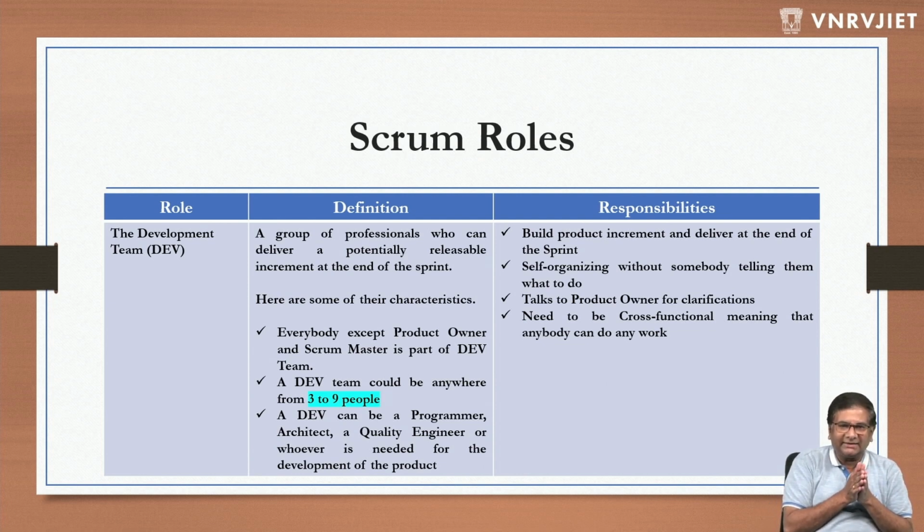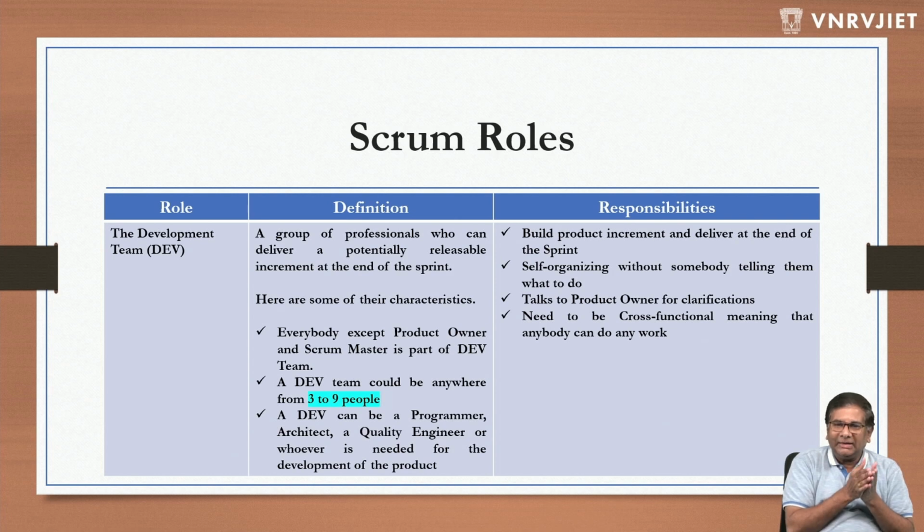So here are some characteristics of the Scrum dev team. Dev, like I said, is not just simple developers. It contains developers, QA, UX people, security people, if they are part of the team. Anybody else who actually contributes on a day-to-day basis will be part of the dev team. It could be an architect also. But the product owner and Scrum Master are not part of the dev team. They are separate roles.